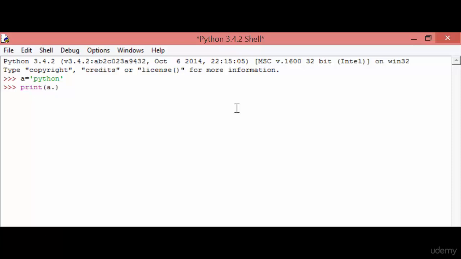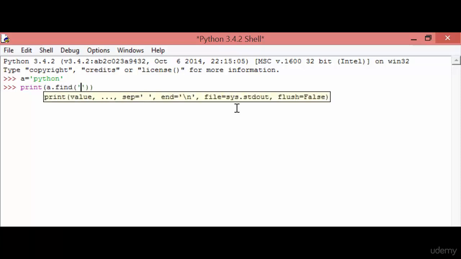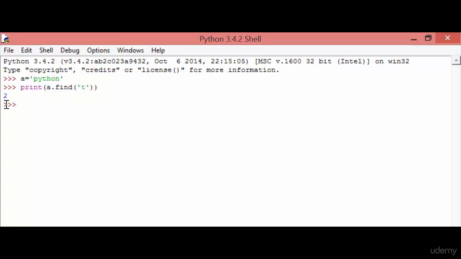So a dot find, and I'm giving the character t. So here we get the result 2. So the t character is at index position 2. P is at 0, y is at 1, and t is at 2. So the find method will give you the index position of the character.